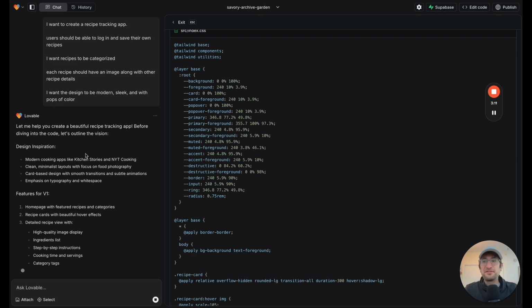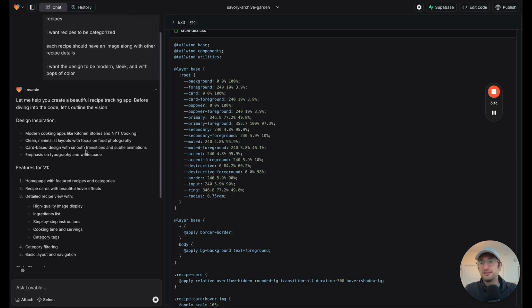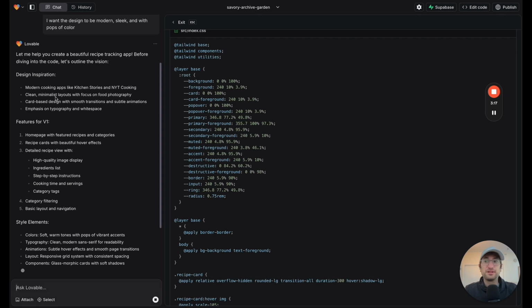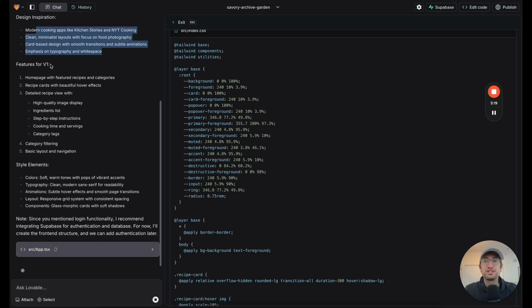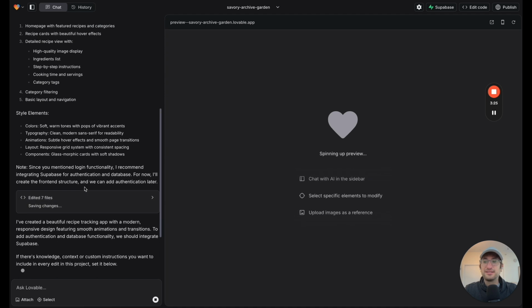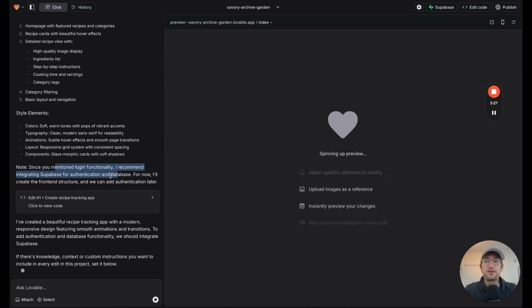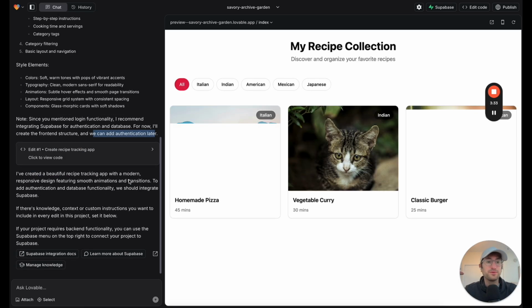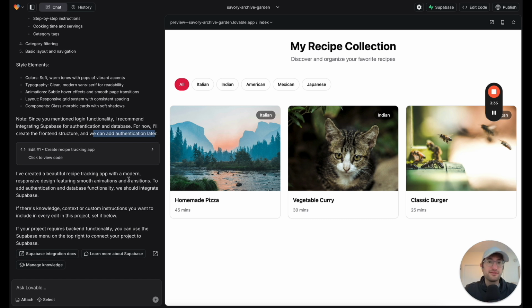Okay, so right off the bat on the left side, Lovable is going to tell you what it's going to be doing. So it essentially creates a project plan. It's creating some design inspiration, the features for the first version, and some style elements. Since I mentioned login functionality, it says I recommend integrating Supabase for authentication and database. So it's saying we can add authentication later, which makes sense. And we will do that later on in this video. Okay, so here we go. It's created a